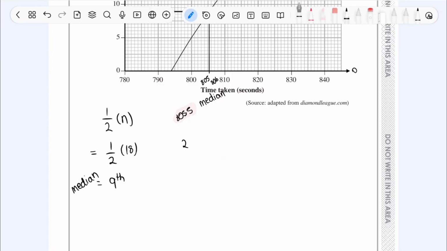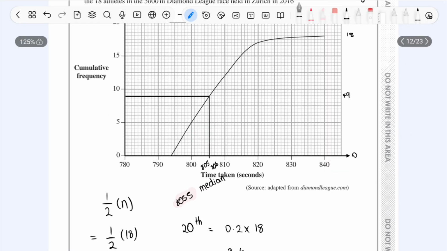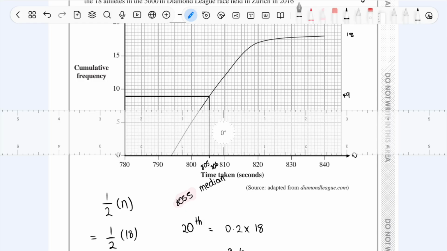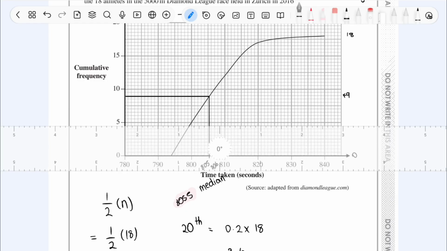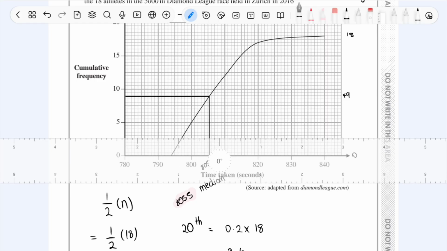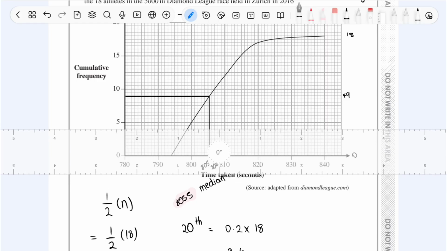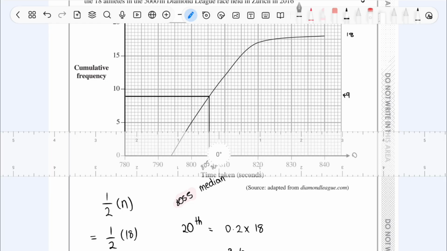Now if we look at our 20th percentile, rather than half, it's going to be 1 over 5, or 0.2, multiplied by our total frequency, which is 18. And that gives us 3.6. Now we've got to find 3.6 on this again, so it's going to be below 5. We just have to count properly what that's actually going to be. Now it's a bit annoying because the scale is in 0.5. So 3.6 is actually going to be quite annoying to find. So this is going to be 4, 2 squares below, and then this is going to be 3.5. So we're going to go just slightly over. And doing that,